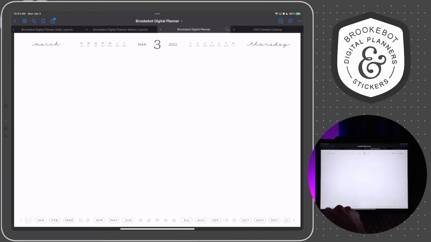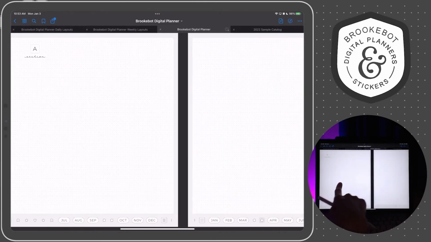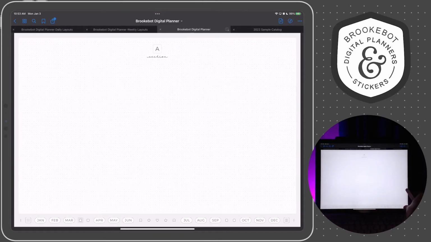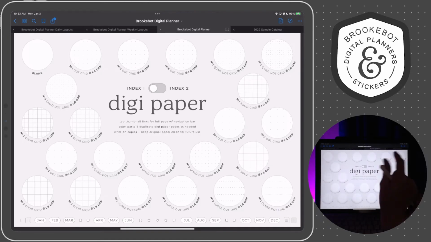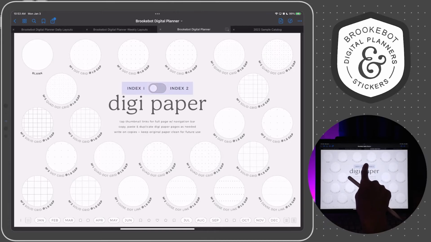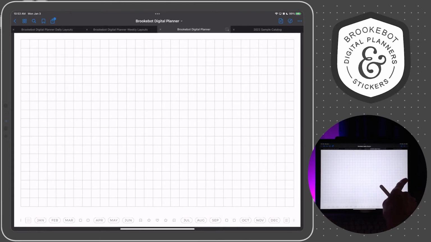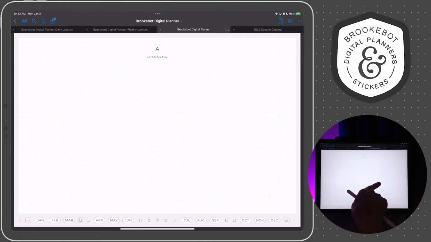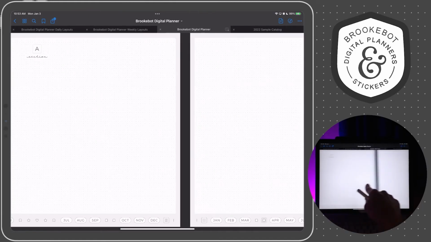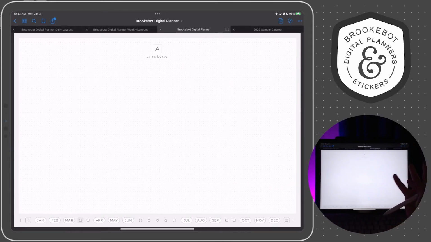Then we have storage sections, and this is where you can store behind any of these storage sections any of the digipapers that are in the digipaper index. So you would just copy one of these papers. Let's say we took this one. You would just copy this page and then you could paste it behind the storage section page, and you can keep lots of different categorized notes.